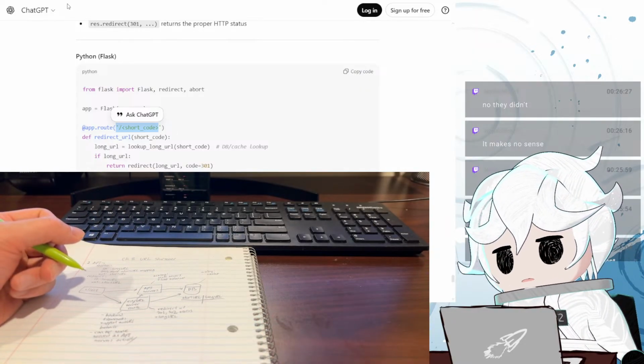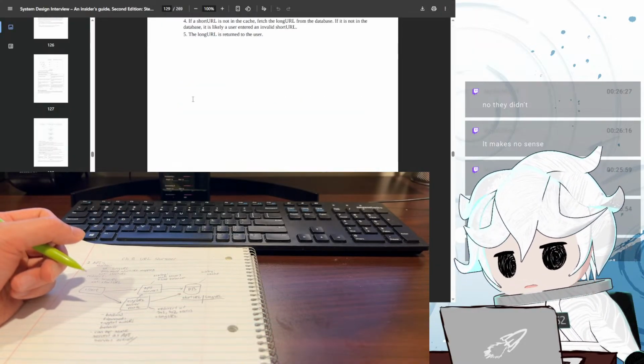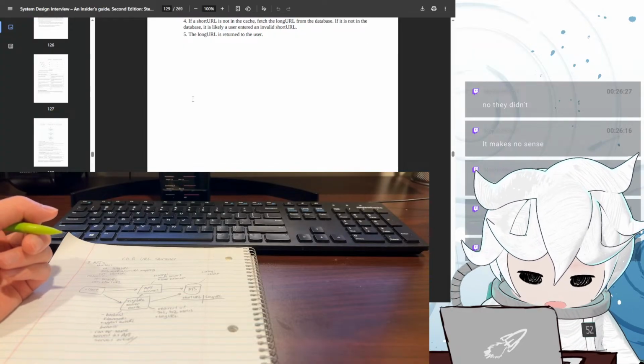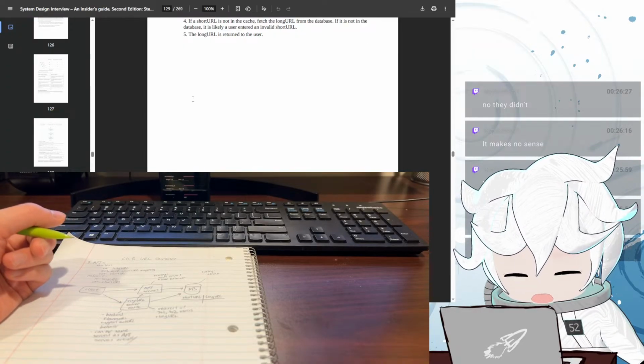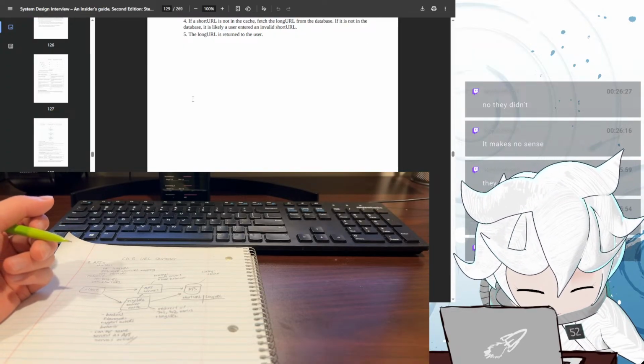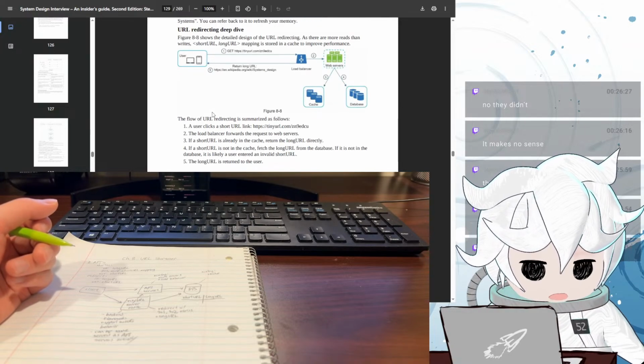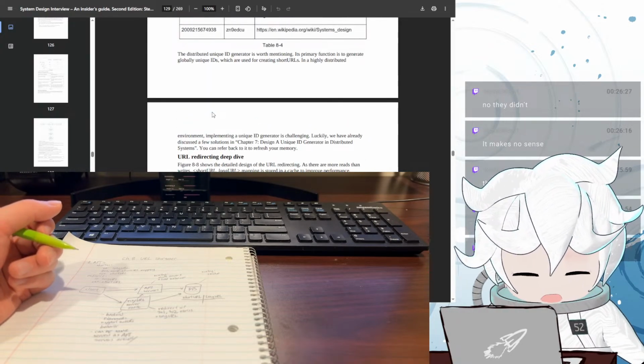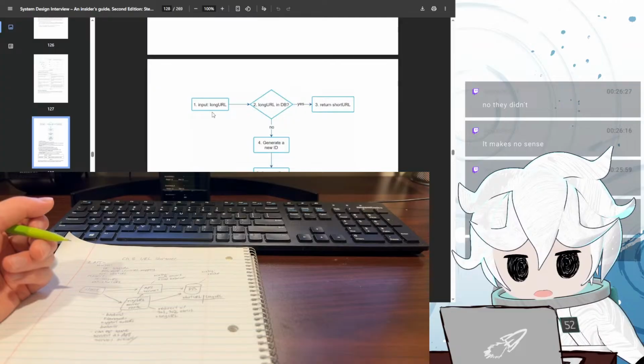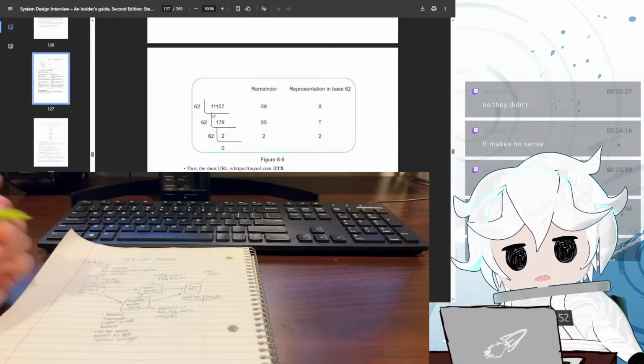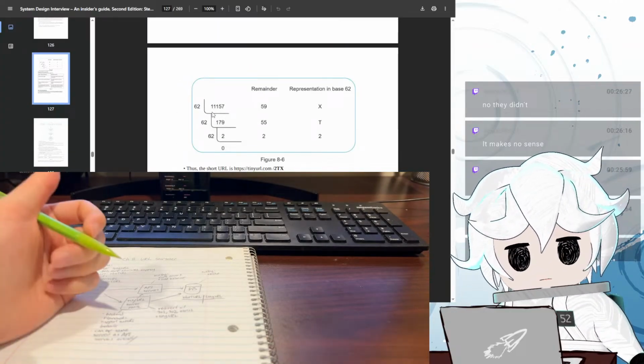Wait, so how do we distinguish between the calls to make a new tiny URL or a call to actually redirect from a tiny URL?